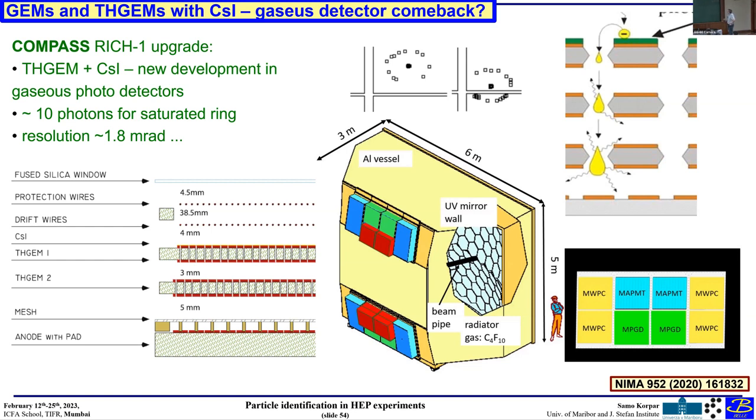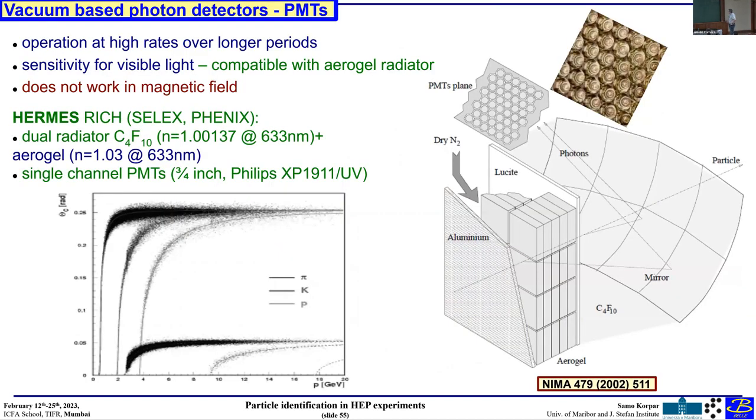So this was basically a sort of comeback at a high rate of the gaseous detector, but still you have to operate in the far UV region. Now,